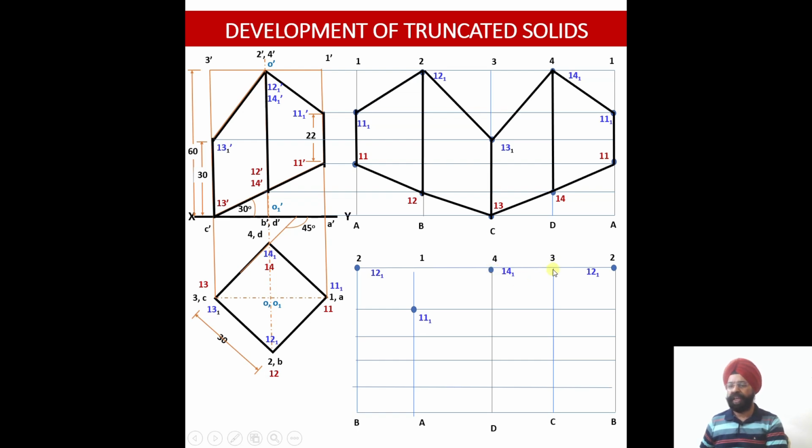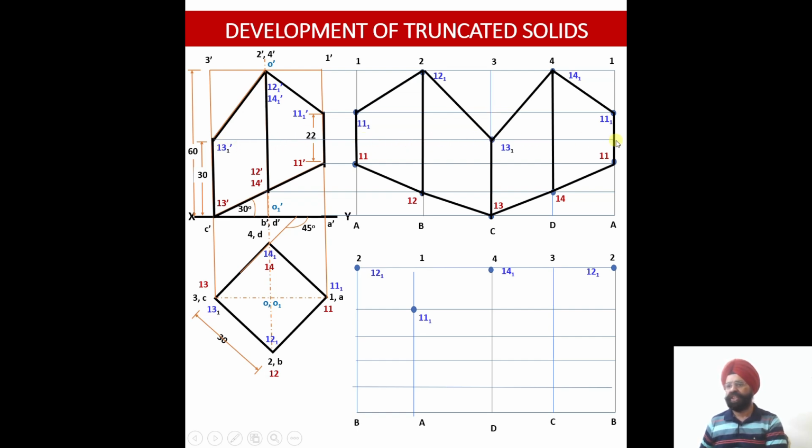Now the next, you see the point has to be located corresponding to the first cutting plane on the edge 3C. So let me check where 3C is. This is 3 dash, this is C dash, this is my first cutting plane. So 13.1 is the name of the point. If I draw the horizontal distance, you see it lies on the third horizontal projector line.